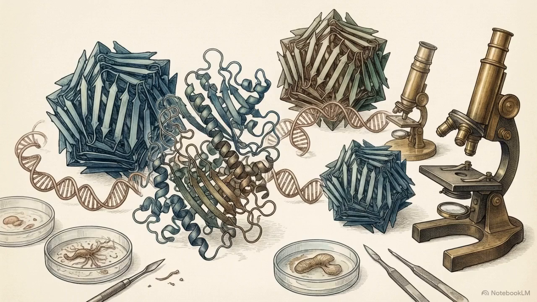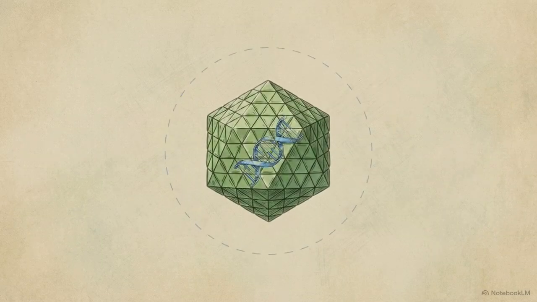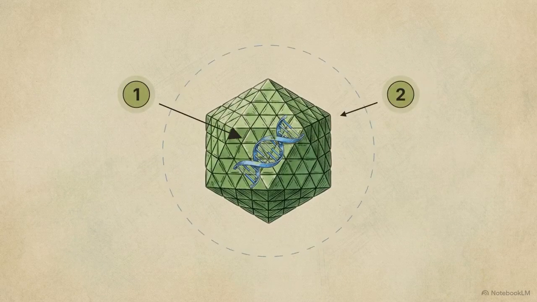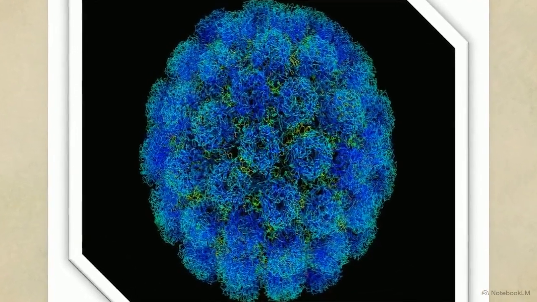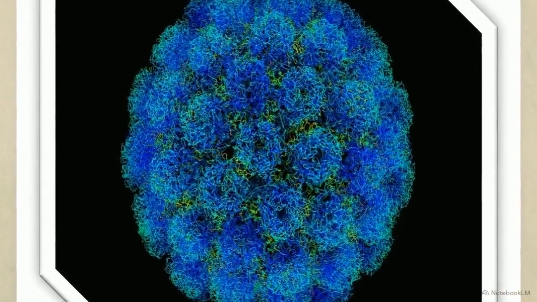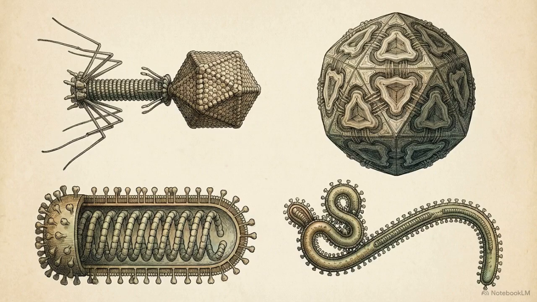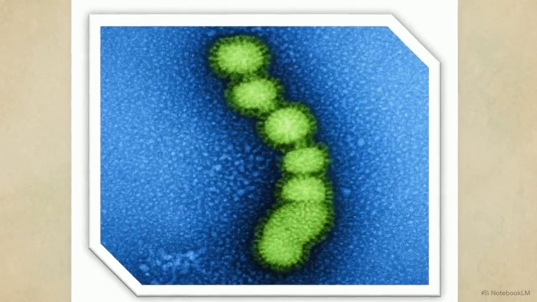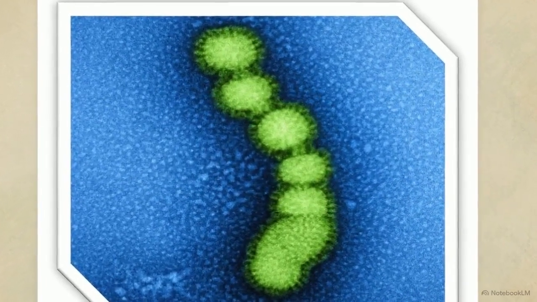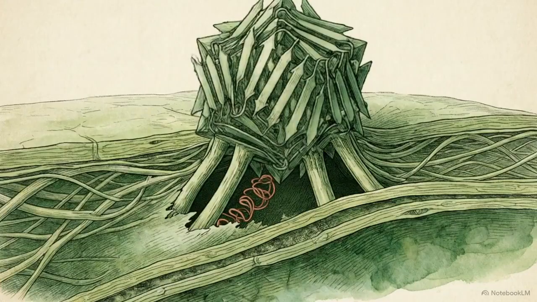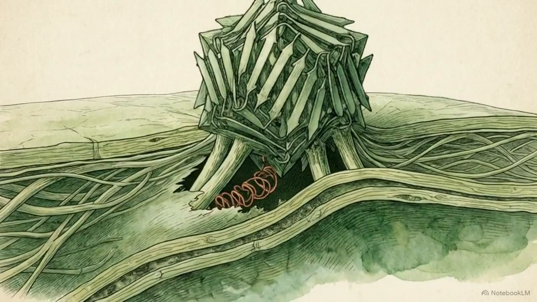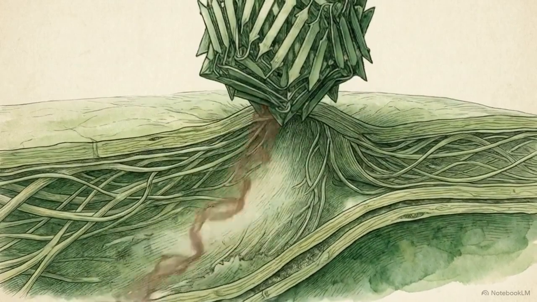To understand the exceptions in virology, we first have to establish the rule. A standard virus is defined by two mandatory components: a nucleic acid core carrying the genetic payload, entirely enclosed within a protective protein shell known as a capsid. That structural requirement holds true across different viral morphologies. Even when the shape shifts to a helical structure, the core engineering remains identical: genetic code wrapped in a protein delivery vehicle. It is this specific combination of code and casing that allows viruses to infiltrate host cells and trigger